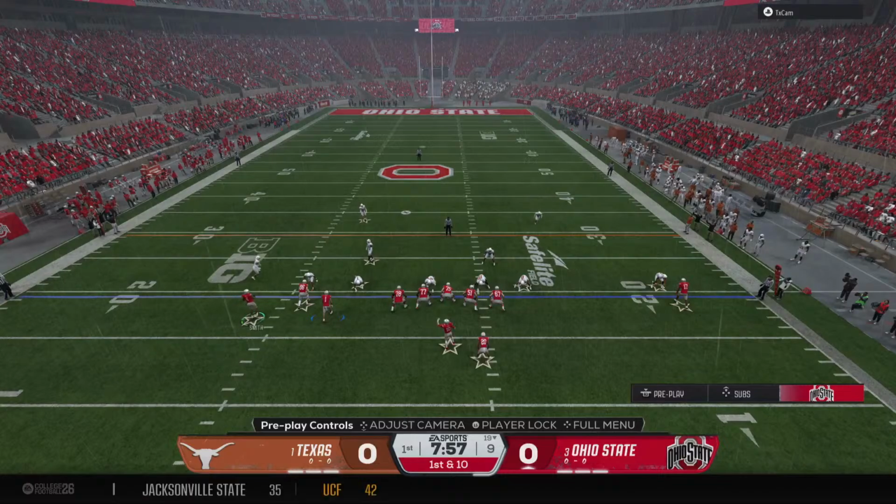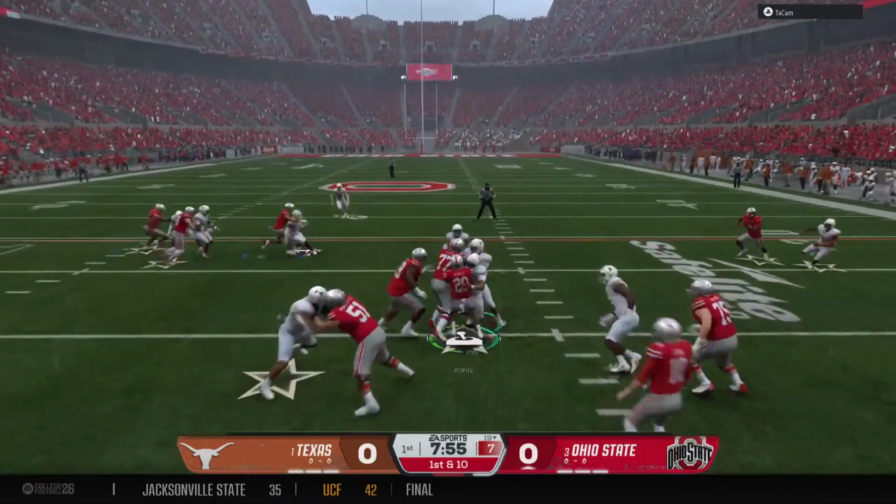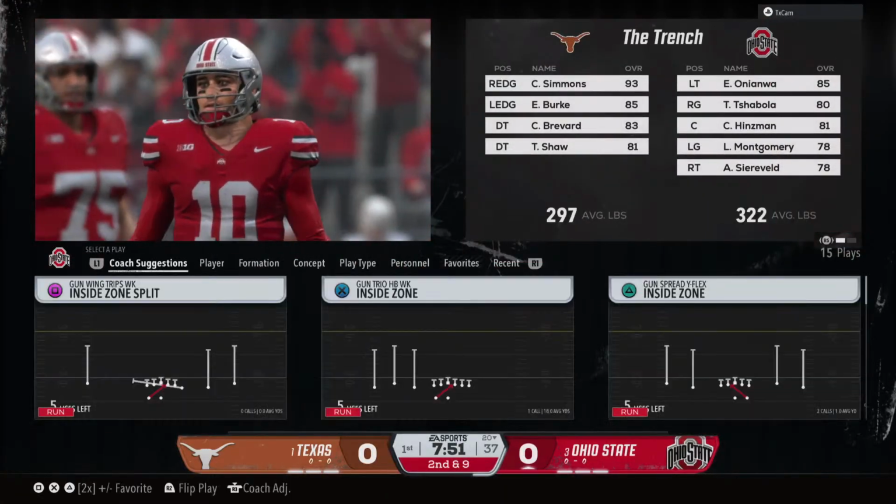The wide receiver coming in motion now. It's a shotgun run call. They test the middle there, but get nothing.